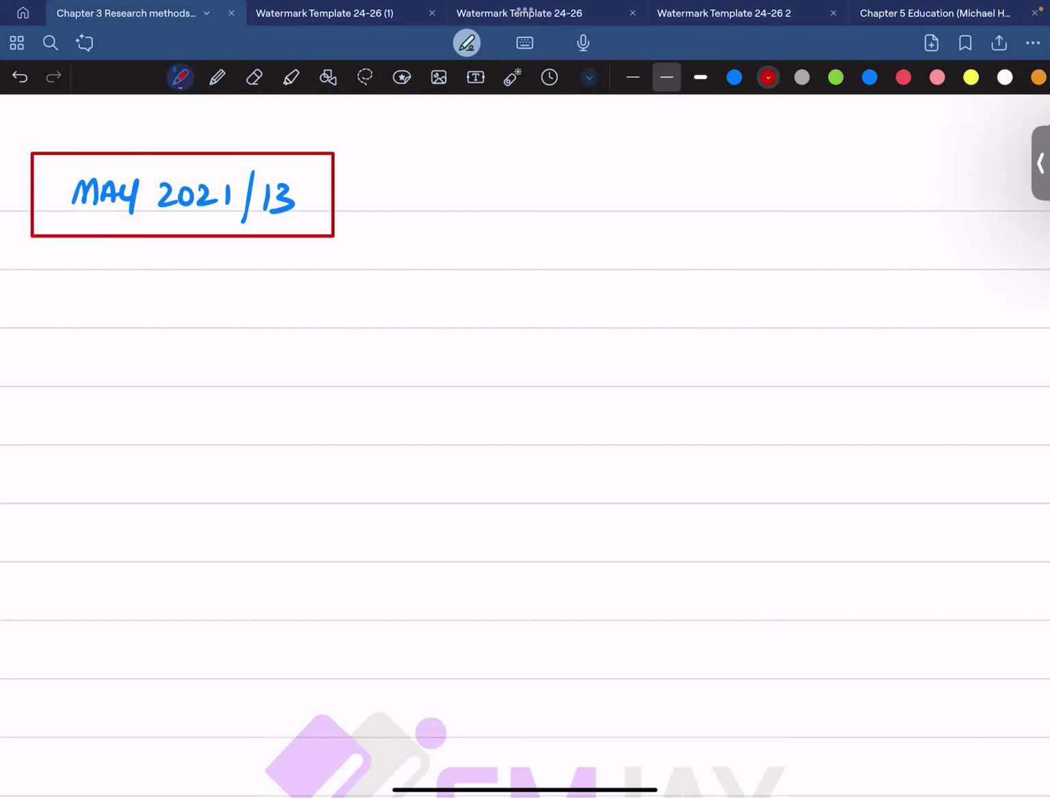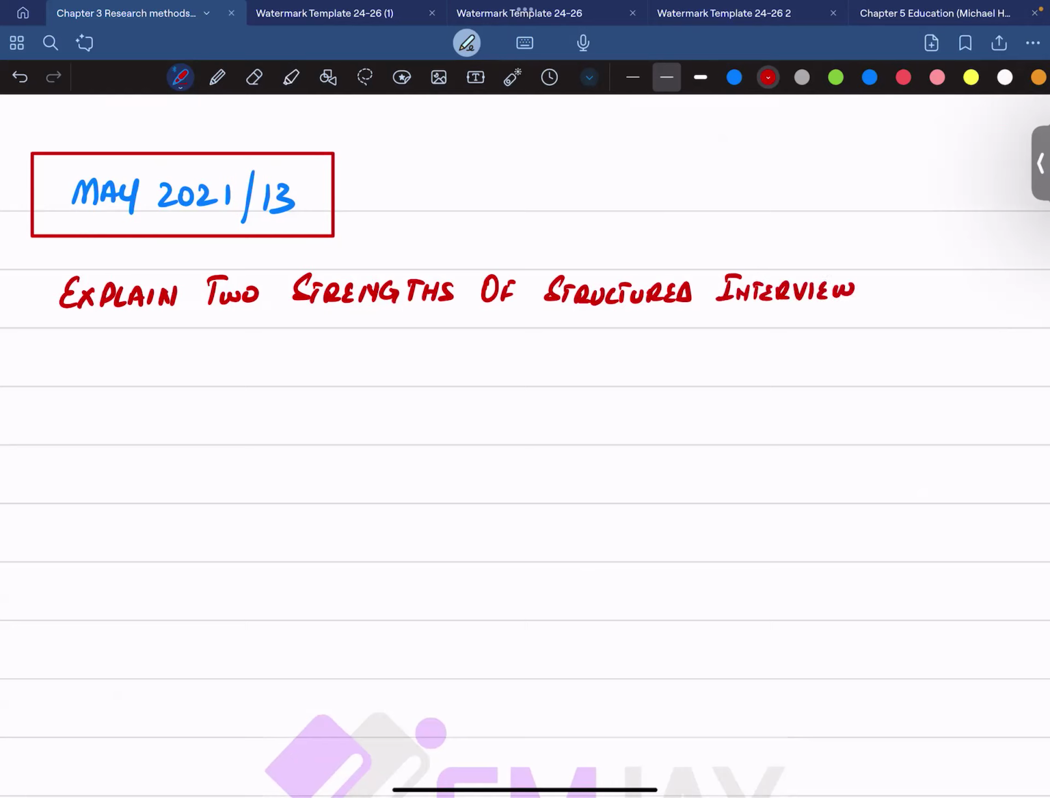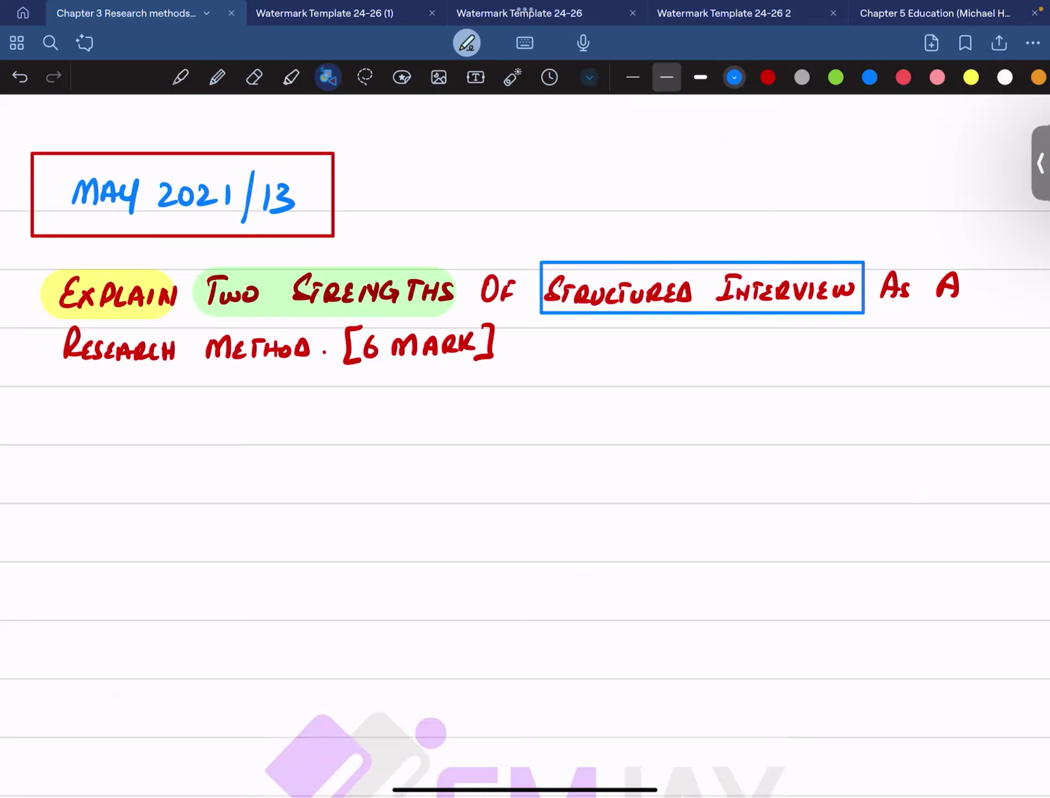The question over here read, explain two strengths of structured interview as a research method. A 6-mark question. So the keyword over here is explain. Explain what? You need to explain two strengths of a structured interview as a research method. Now, like I said, you get the first mark. So if I talk about the first strength here,